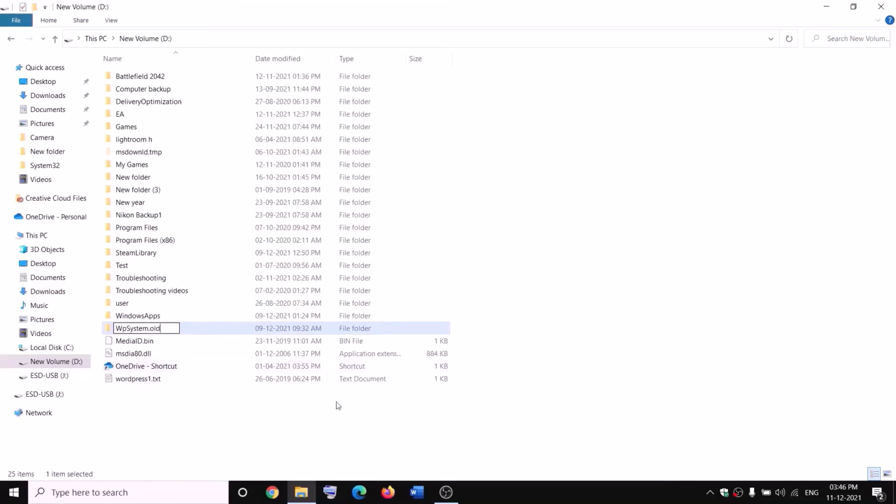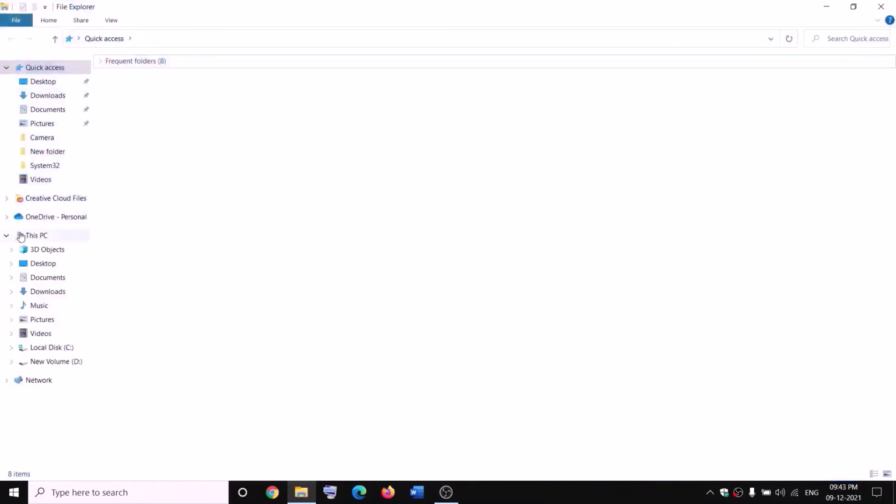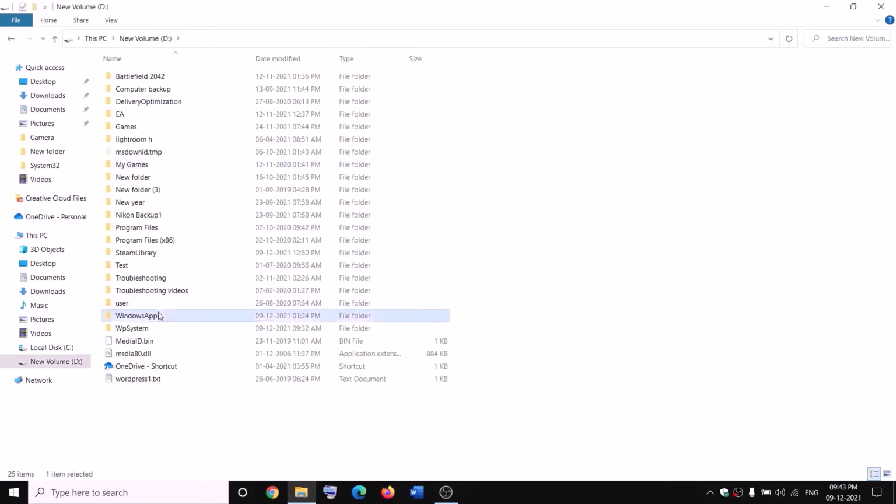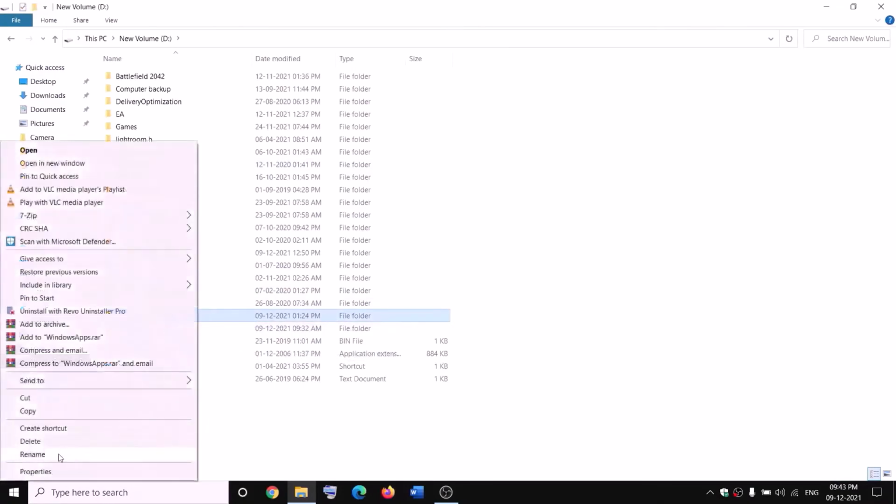Now, if you still face the problem, in that case you can go ahead and restart your computer and then try to rename it once again. Open File Explorer and then go to This PC, open D drive, then make a right click on Windows apps and then rename it. Now before renaming, you have to take the ownership. Make a right click, then click on